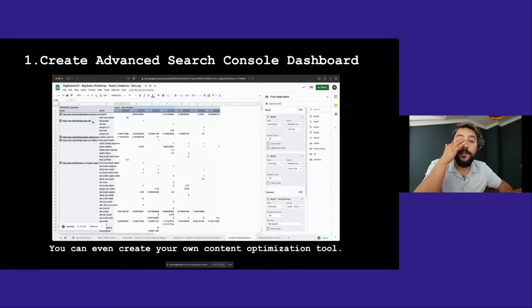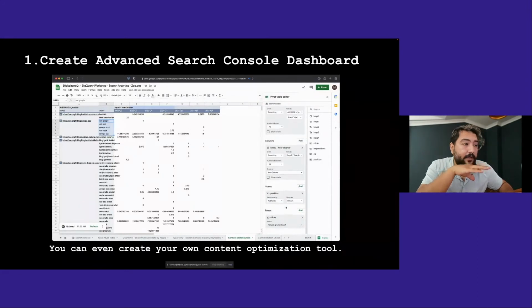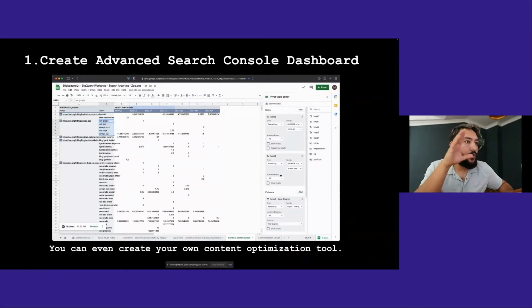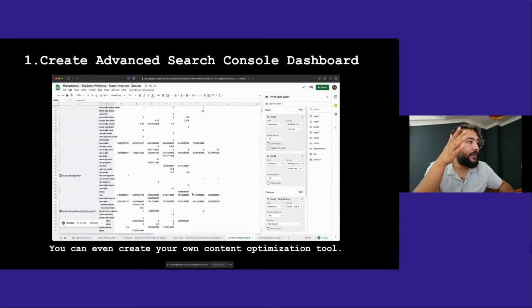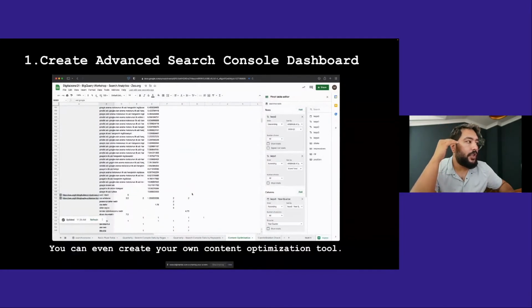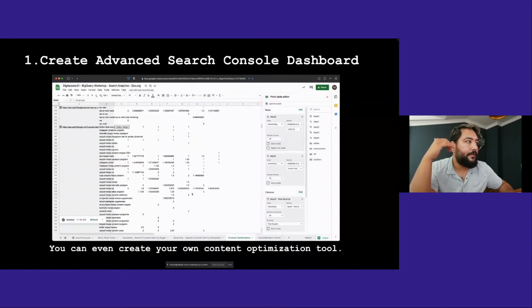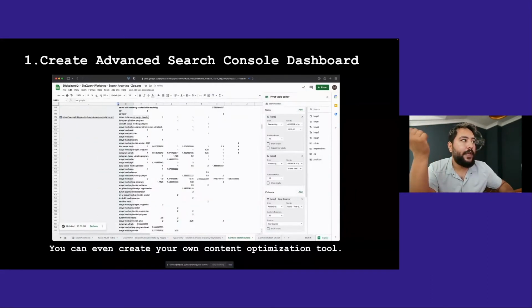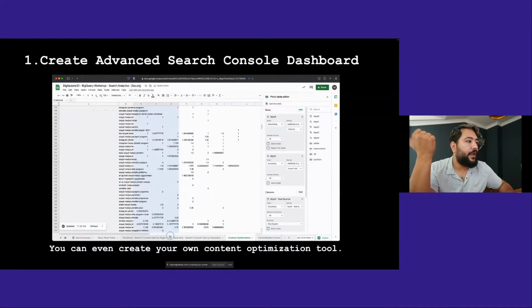For example, you can create a tool like this. I'm just taking the URLs and all the keywords that go to those URLs. There are some Turkish keywords, but I will make it easier for you. I have chosen, for each year quarter, to see which keywords bring traffic to pages. For example, we have a page featuring social media tools, which is a very old